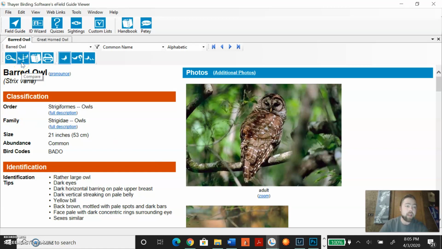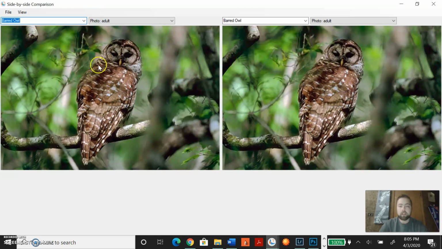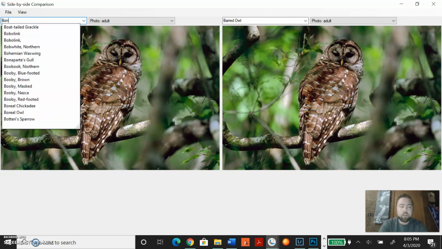And then one thing that I like about Thayer is that you get a couple of these tabs up here. From this, you can print the species thing. I've never done that because I've never really needed to. I'm not going to go into the Birder's Handbook much because it's still something that I'm not totally clear on. But this one right here is one of my favorite tabs, and this is a compare tab. It's going to give you a side-by-side, basically. And you can search, let's see, how about Bonaparte's gull